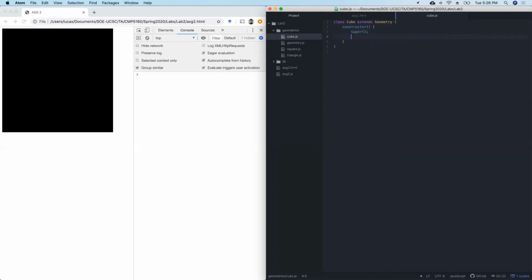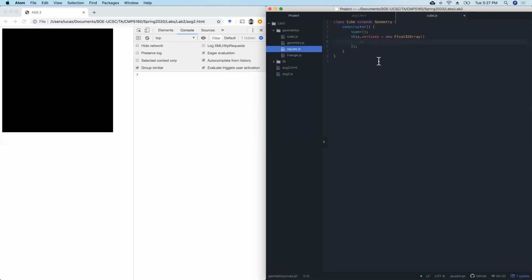Okay, so now we have to define the vertices. this.vertices = new Float32Array, and then we'll have the values here. Now we have to define,